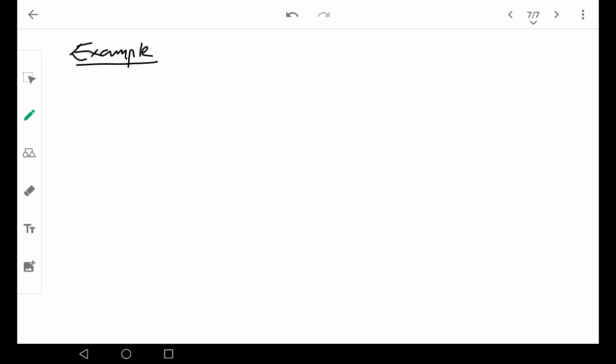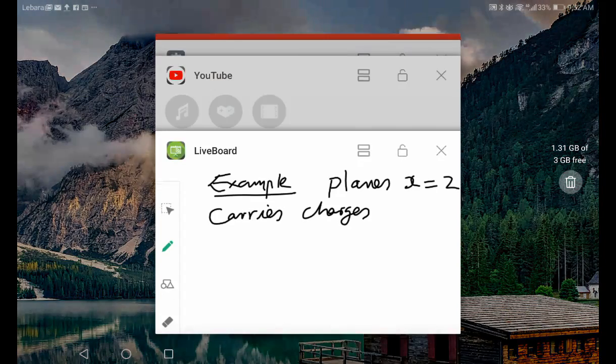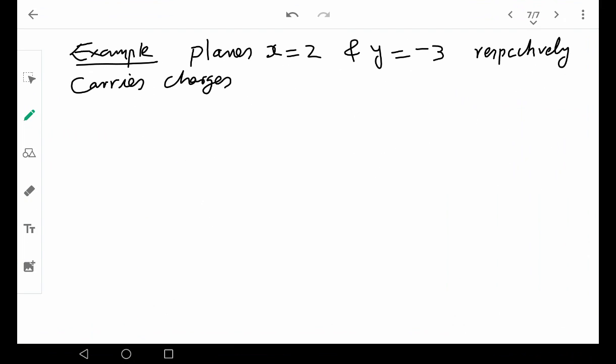Two planes, x equal to 2 and y equal to -3 respectively, carries charges